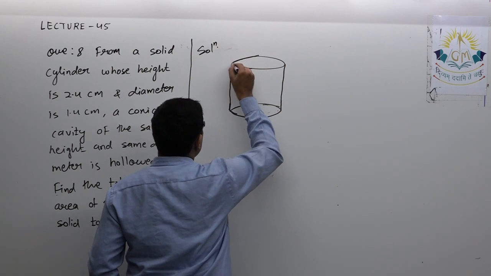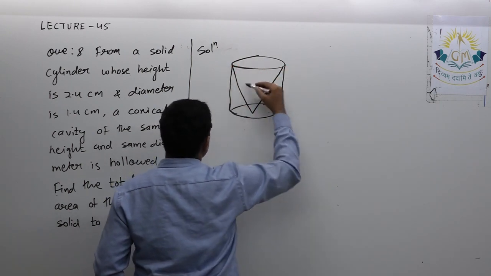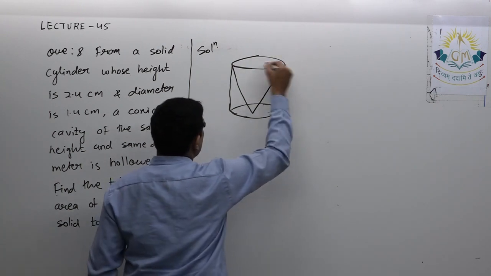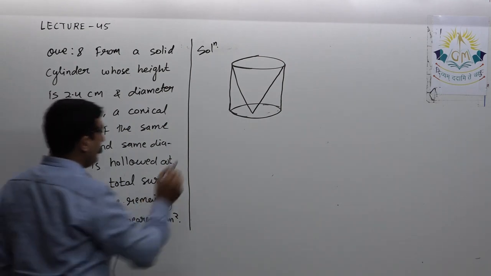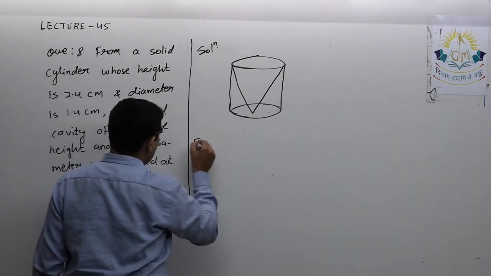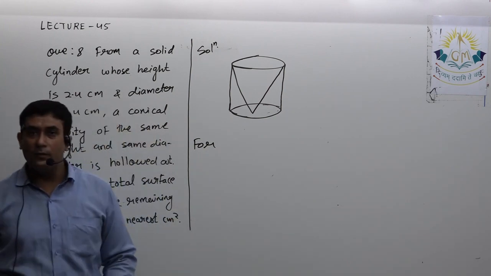That means something like this. You will get the diagram. This cone is taken out from this cylinder. Again, as they are asking for the total surface area of the remaining solid,